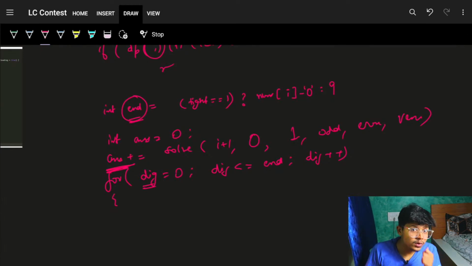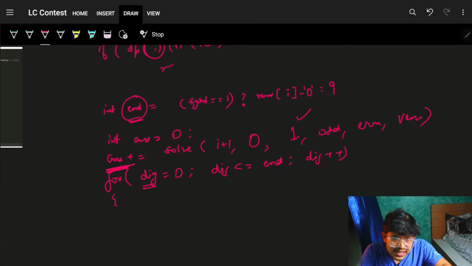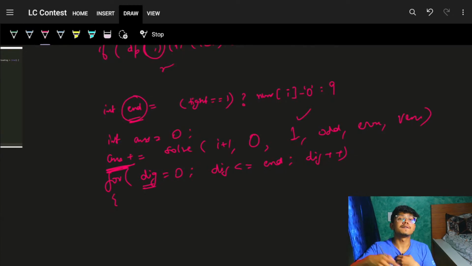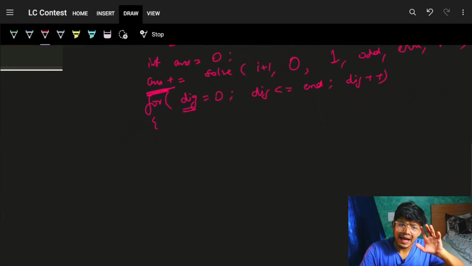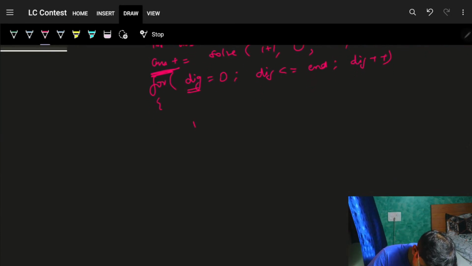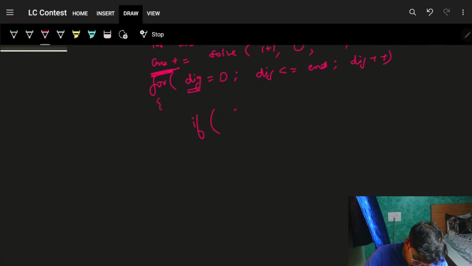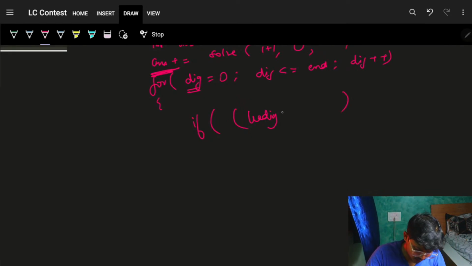No, with this what will happen is, you will have a number 0 itself in the beginning, and with that you can just go and try for the next numbers possible. Now, for every digit I have, I'll just ask, firstly, I will have a condition. If I don't have leading zeros, okay, but if I have leading zeros,